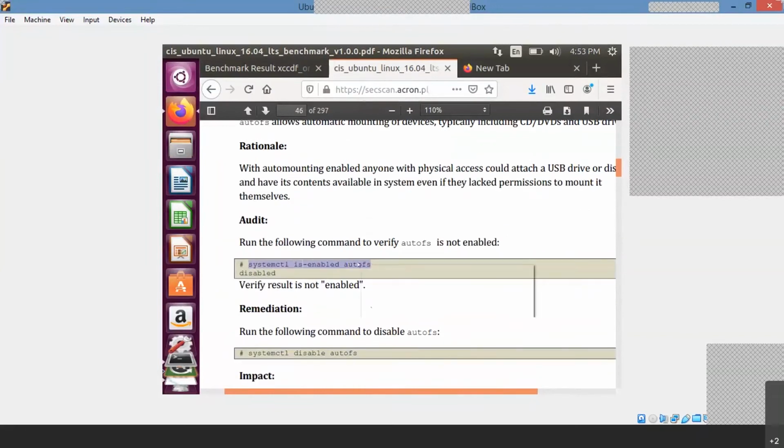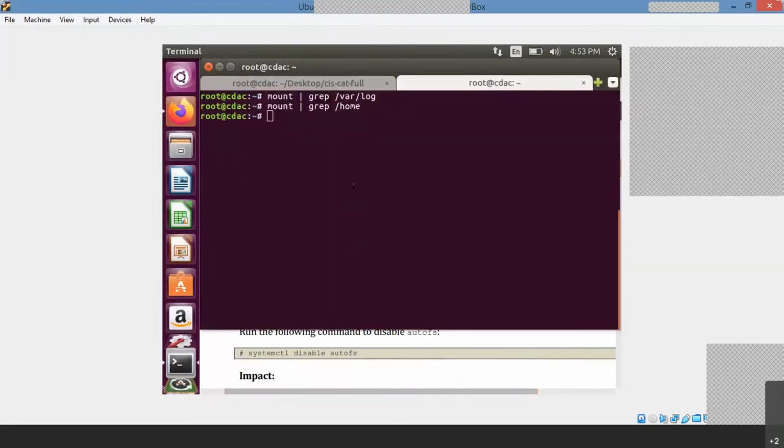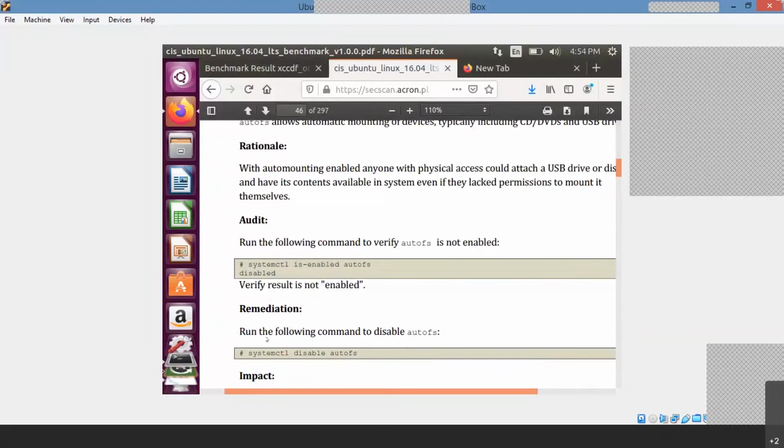Okay, so copy it, paste it in your terminal. Okay. So this is telling that this feature is not at all enabled. For enabling it, you have to use this command, AutoFS enabled. You can just enable it with this command.